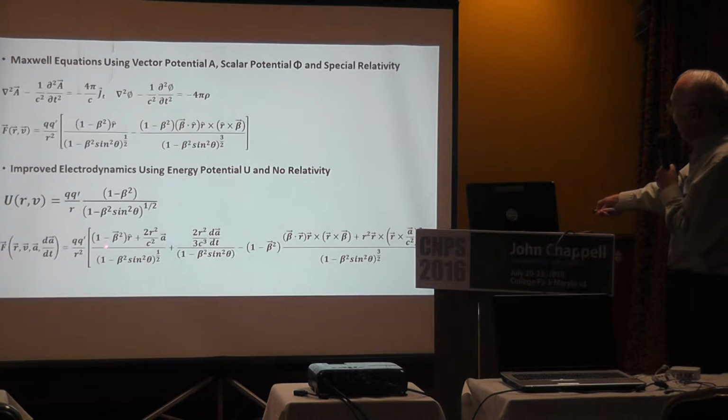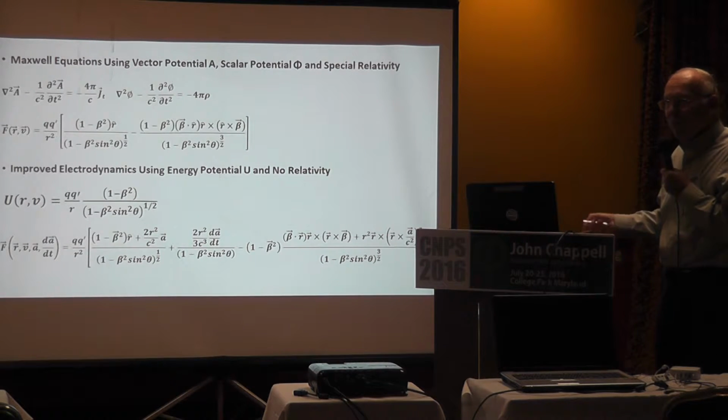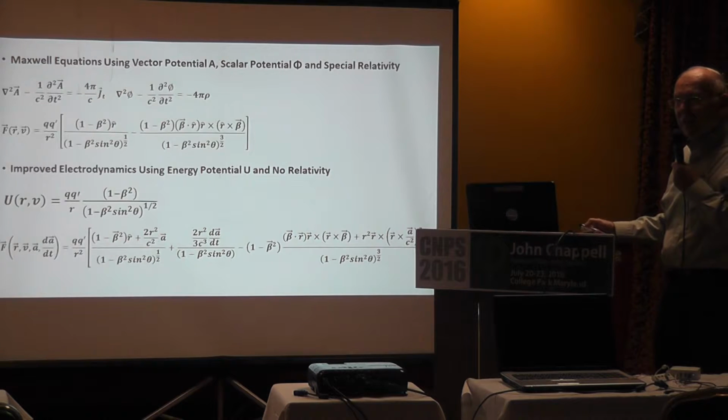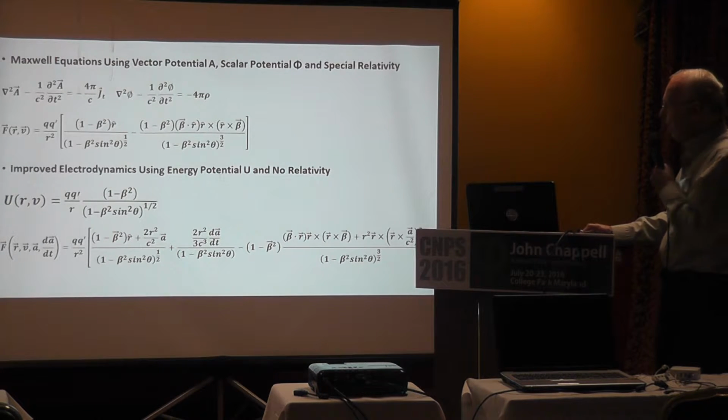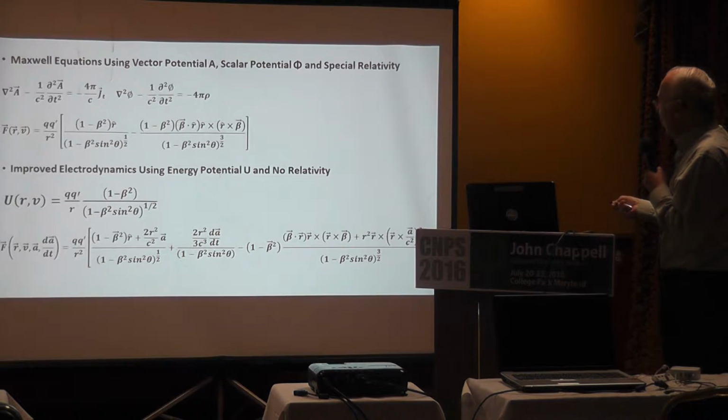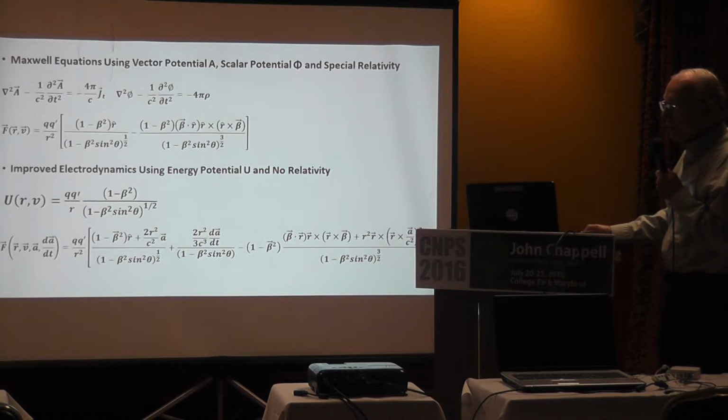Notice that the force here has the same terms as, like the first term here is right there, and the second term there is over here. And you see that the R and B terms of the so-called relativistic Maxwell's equations are obtained, but they don't come from relativity theory. They come from the other two empirical equations of electrodynamics, in particular Lenz's law. And so we get an entirely different explanation for electrodynamics,